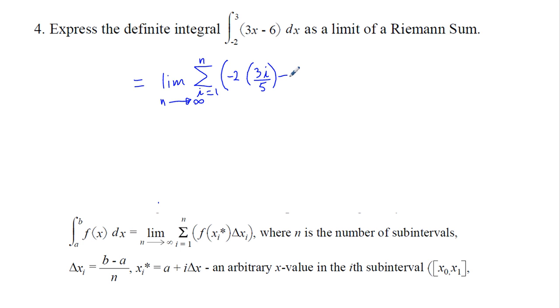And we're going to subtract 6, and then we're going to have times n over b minus a, which we have 3 minus -2, and that's going to simplify to 3 to n over 5,